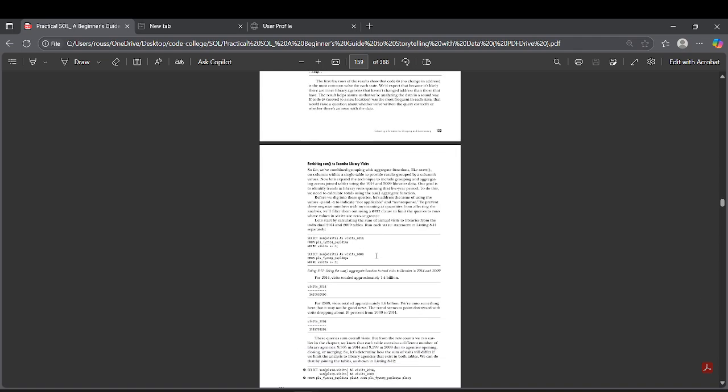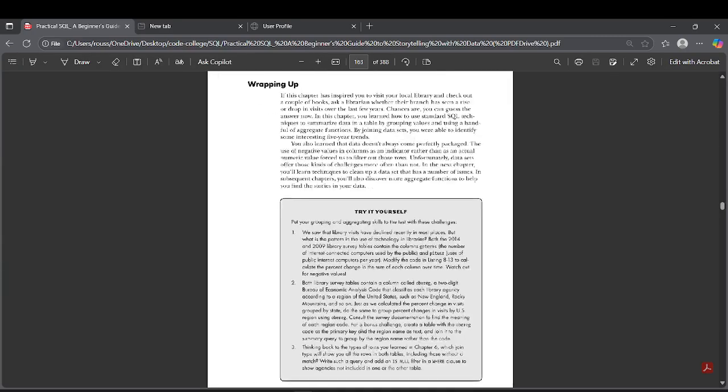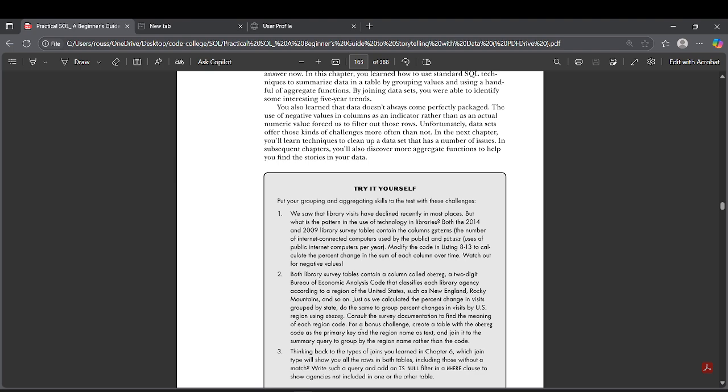So I went through all that. Now there is an activity that we are going to do. I've already done it, so I'll just be explaining what I've done to get to the final output. So number one,